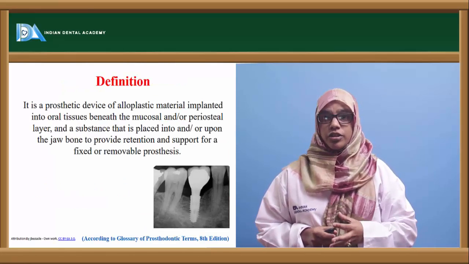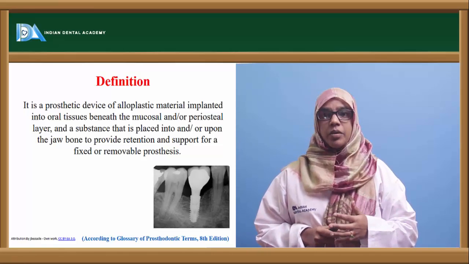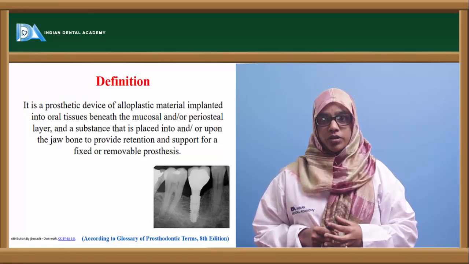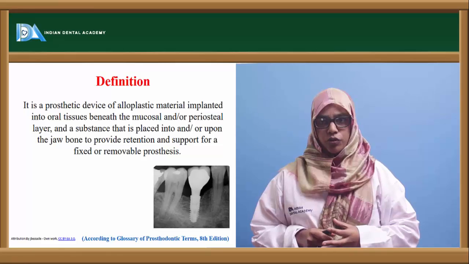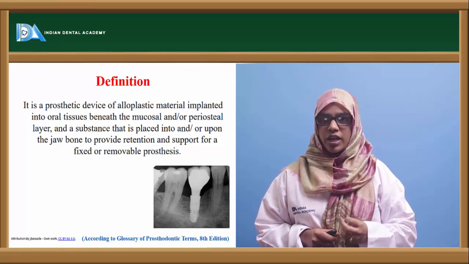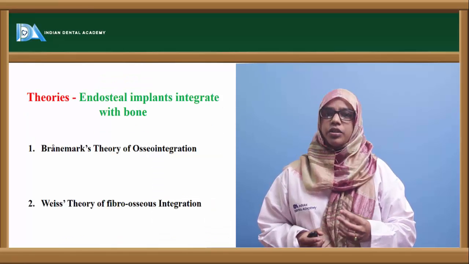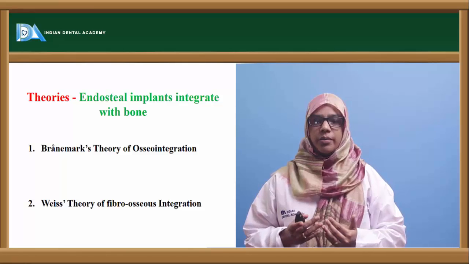Thus, by definition, an implant is a prosthetic device of alloplastic material implanted into the oral tissue beneath the mucosa or periosteal layer, and a substance that is placed onto or upon the jawbone to provide retention and support for the fixed or removable prosthesis. Now, there are two theories that have been put forward to explain the endosteal implant integration